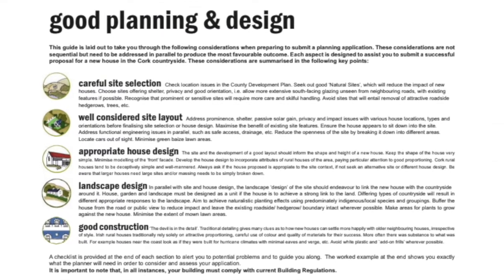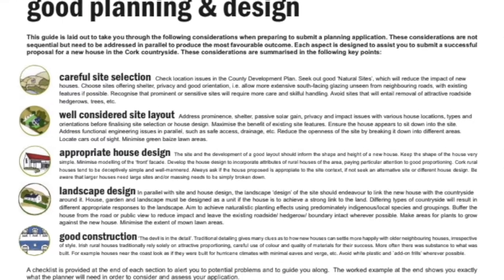We all know that planning permission is a complex and somewhat tedious process. There is a science to it. It's a step-by-step process once you know all the steps and the things to avoid. Unfortunately, a lot of people lodge for planning without the right team of expertise behind them, and they fall foul